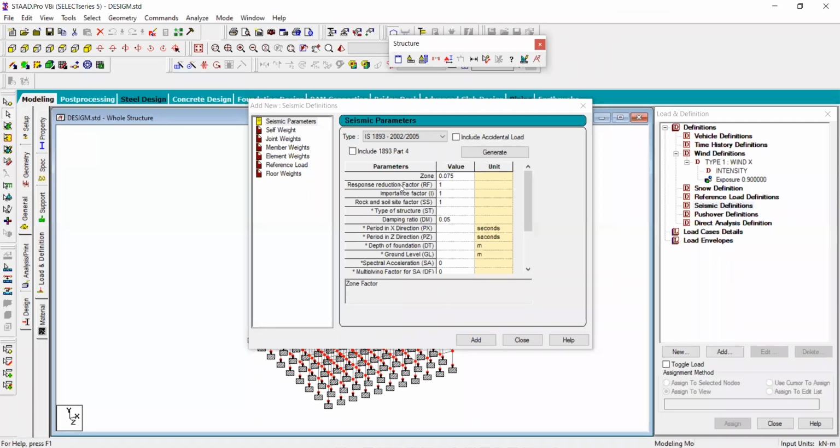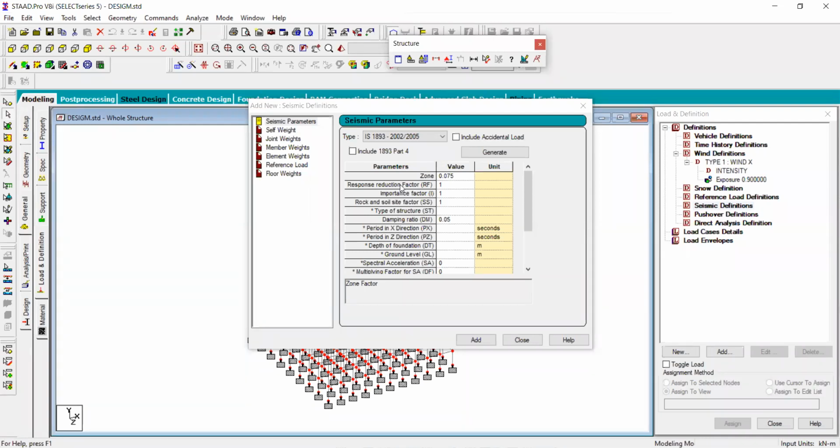So our basic philosophy is that we go for a design where there will be no collapse, but damage will be generated in the structures. Depending on the various types of structural systems, like shear wall, load bearing wall, frame structures, a combination of frame structure and shear wall, or special frame structures, there is a value of response reduction factor, given in Table 18 of code 1893. And using this response reduction factor value, you can fill this table.